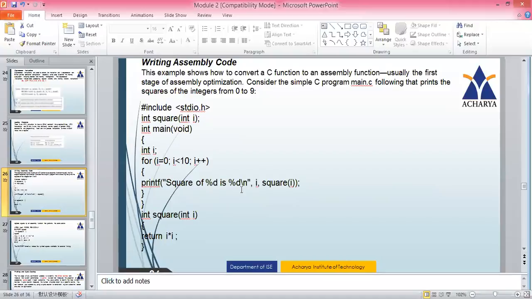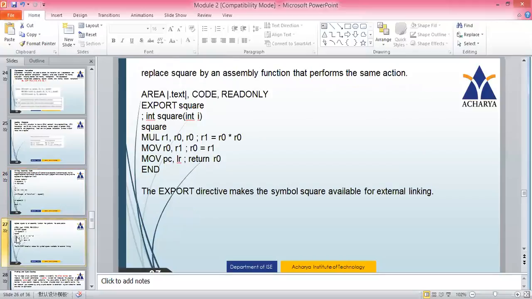Here square is a function, but we are going to return back to the square itself. So when you write return, the control will come back to this particular statement of square only, and then it will come back to the main function, and it is going to just print the square of a number. So how are you going to implement it in assembly code? The link register will give us the return address, that is the return address of the main function.